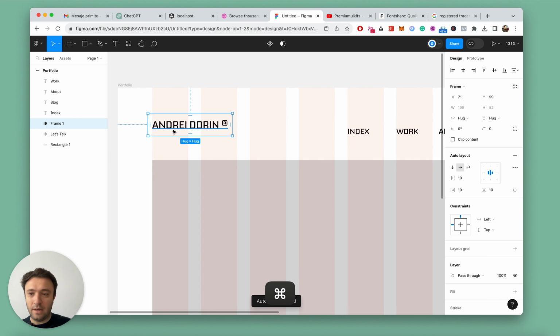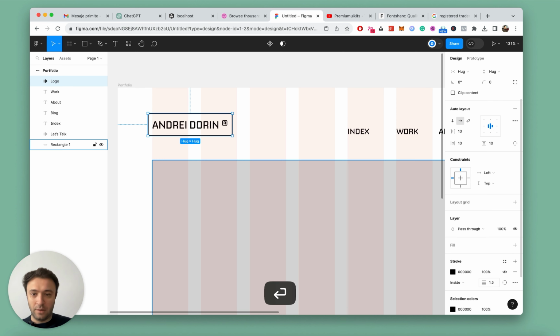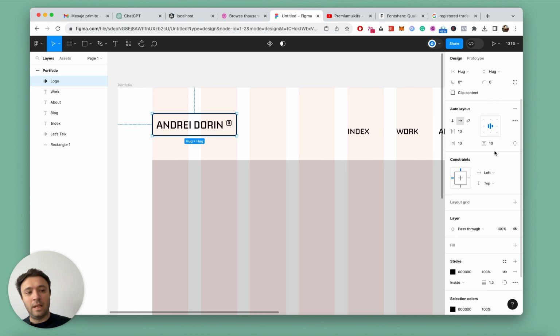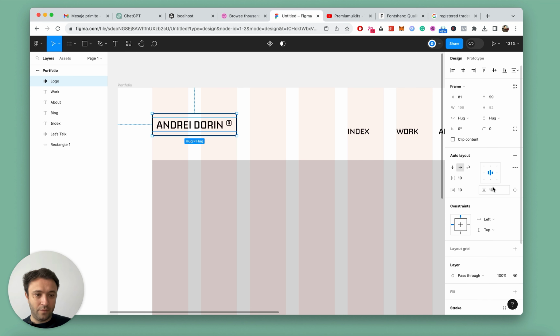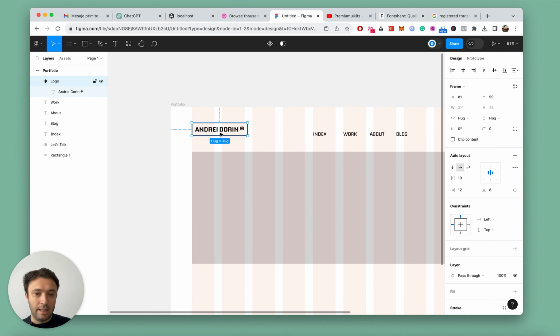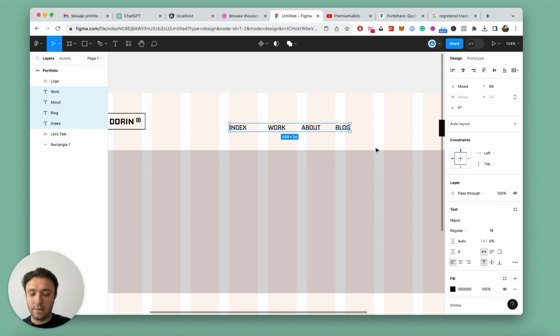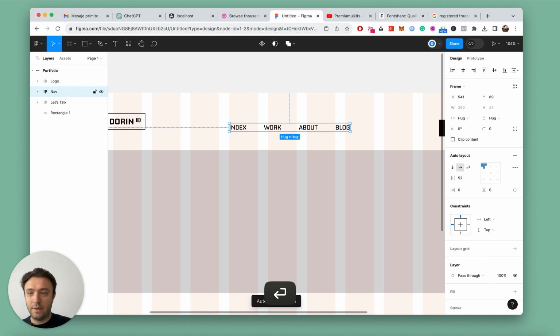Let's click shift A in order to add auto layout because I want to add a stroke. Let's make it 1.5. Let's make it 48 as well, and let's be consistent. I think 12 is good, and let's make it medium. And okay, 24. Okay, so the first thing that I'm gonna do is creating an auto layout for the nav,